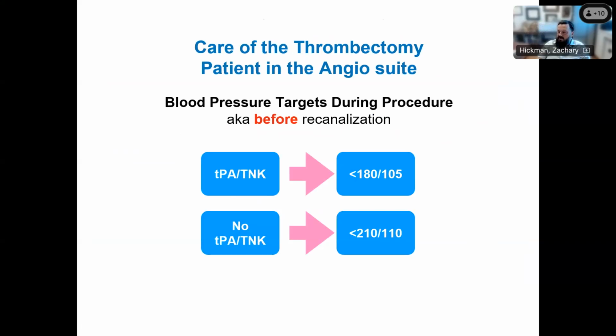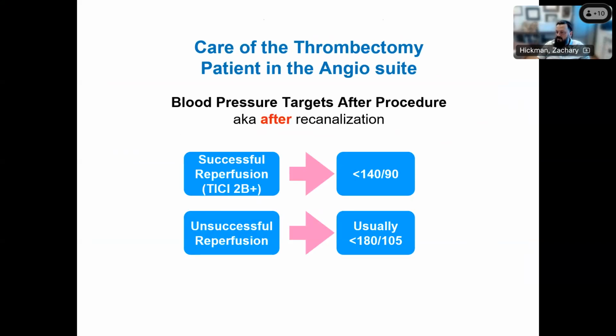And because they're not getting the thrombolytics, their risk of hemorrhage is going to be a little bit lower. So you can allow their blood pressure to be a little bit higher, so less than 210 over 110. Now, after they recanalize, so after you've, say, done a thrombectomy on them and you successfully reperfuse them, so they're